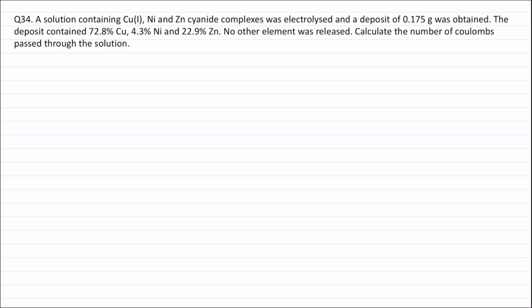Calculate the number of coulombs passed through the solution. Percentage of copper is equal to 72.8%. Therefore, weight of copper is equal to 72.8 by 100 into 0.175, which is equal to